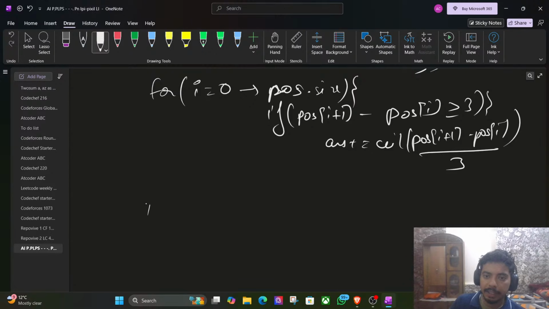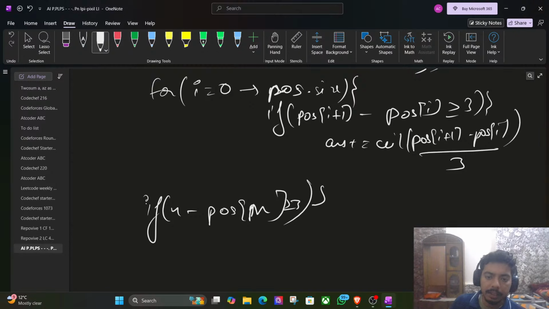Then at the end, check again if n minus the last position, let's say m, is greater than or equal to 3, then take answer plus equals the same thing, ceil. Okay,